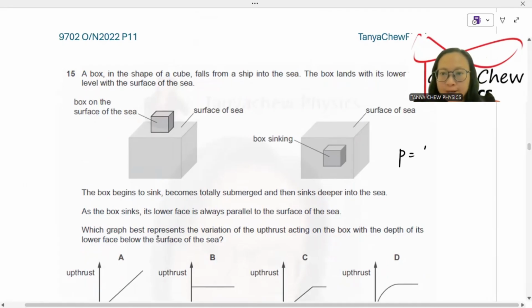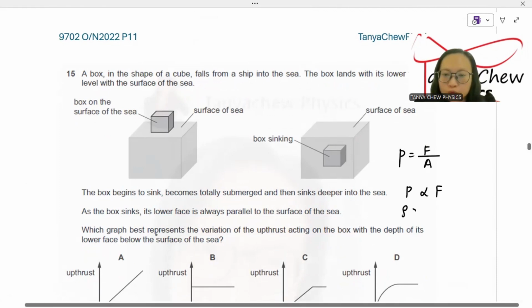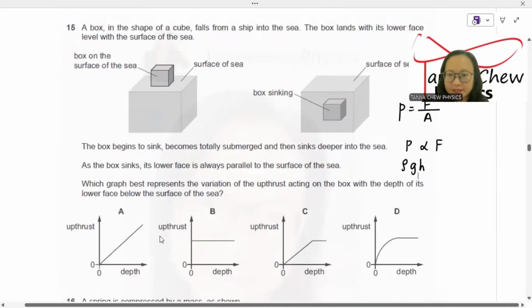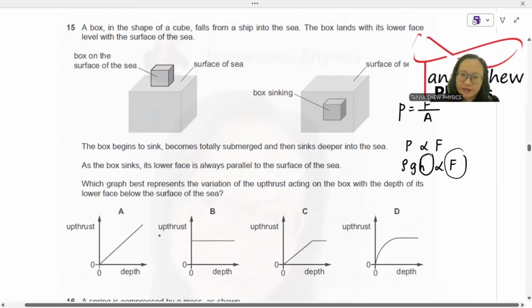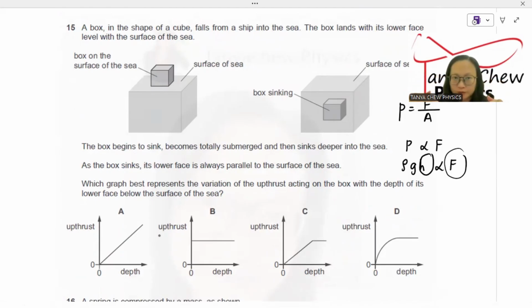Still remember pressure is equal to force over area. The area of the box is constant. That is why pressure is directly proportional to the upthrust force. Pressure is equal to rho g h. So I want you to see this, the upthrust and the depth. The upthrust will keep on increasing when the depth of the box from the surface of the sea is increasing. But when the box is totally sinking into the seawater, there is no more depth increase because the box is entirely below